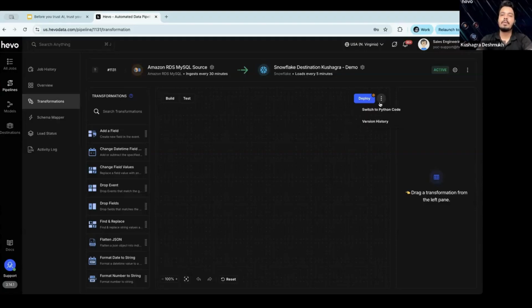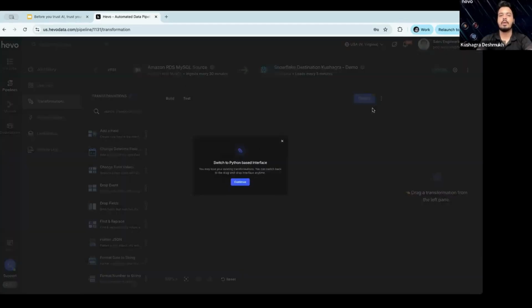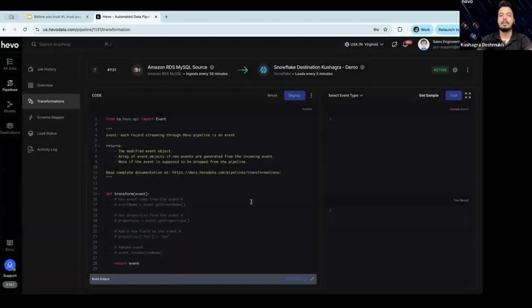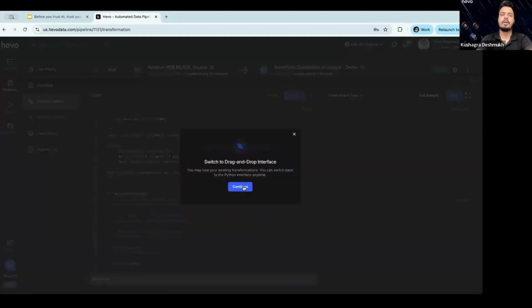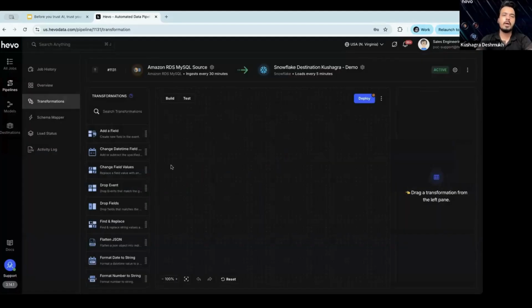You can have it in two interfaces. You'll see this drag and drop interface, but let's say you are a code savvy person, you can always have a Python based interface also to define how you want to clean your data as you go along, loading it in your destination. Now, we call it a lightweight way of doing transformation because all of the smaller